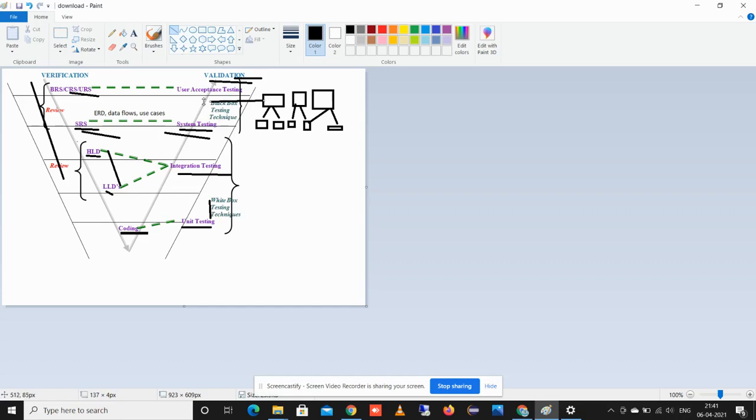When we are done with black box testing, we move to the next level of testing, which is user acceptance testing. It is done based on the BRS, CRS, URS documents. It also comes under black box testing. So one side comes under verification and the other side comes under validation. We need to remember that verification is done before the software is ready, and validation is done to check whether the software we have built is working as per the customer requirement or not. This is all about the verification and validation model, which is also known as the VV model. Thank you.